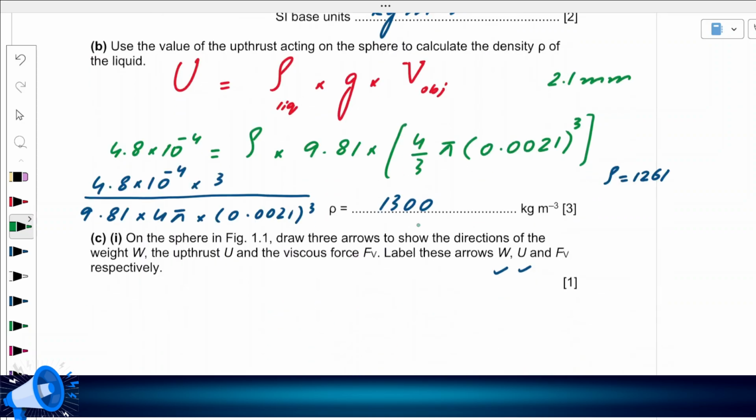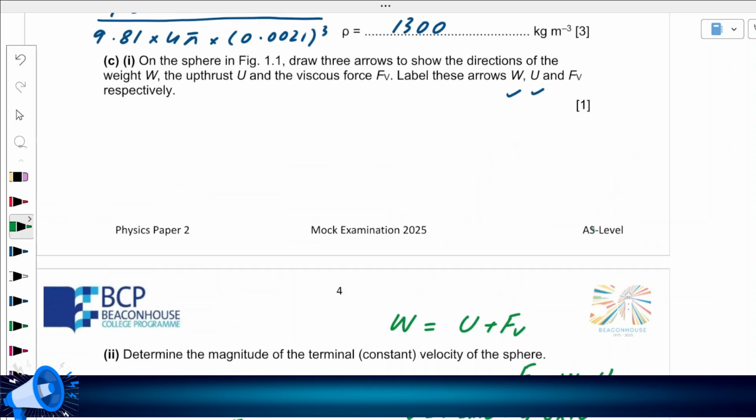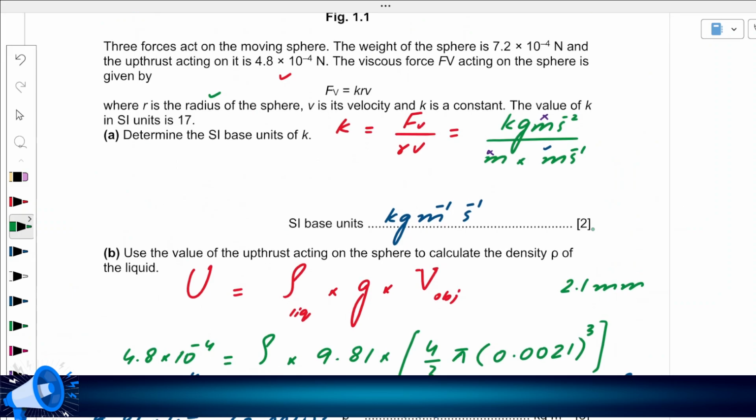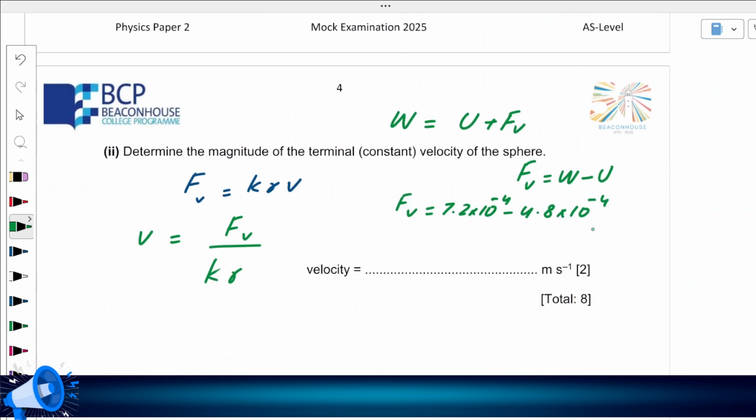Upthrust is 4.8 times 10 to the power minus 4. So 7.2 times 10 to the power minus 4 minus 4.8 times 10 to the power minus 4. So the force that we get is